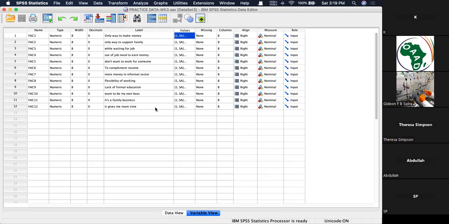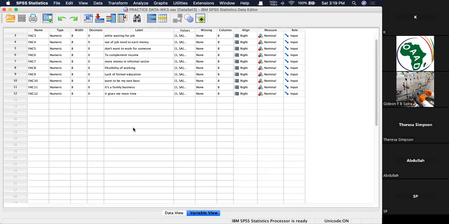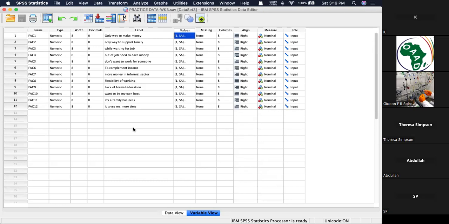So what I'm trying to bring out here is the fact that sometimes you can have a situation where you have a lot of factors. Even this 12 is still few, you know? You can have up to 30, 50, a lot of factors in your model. But you need a very meaningful